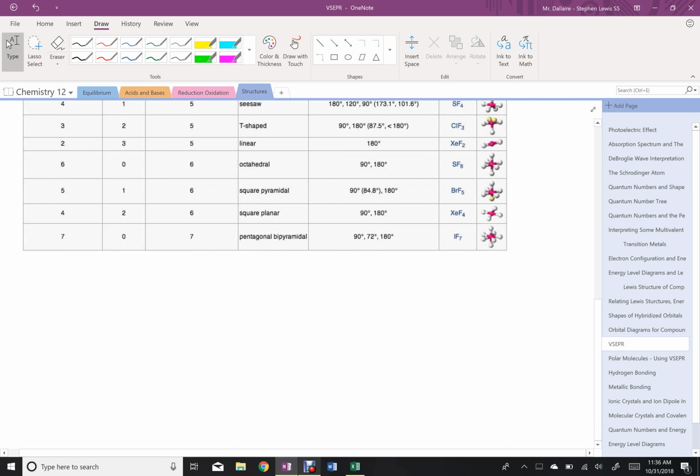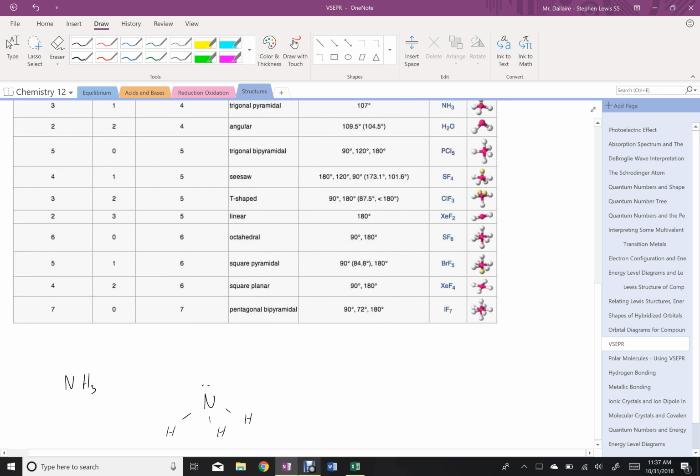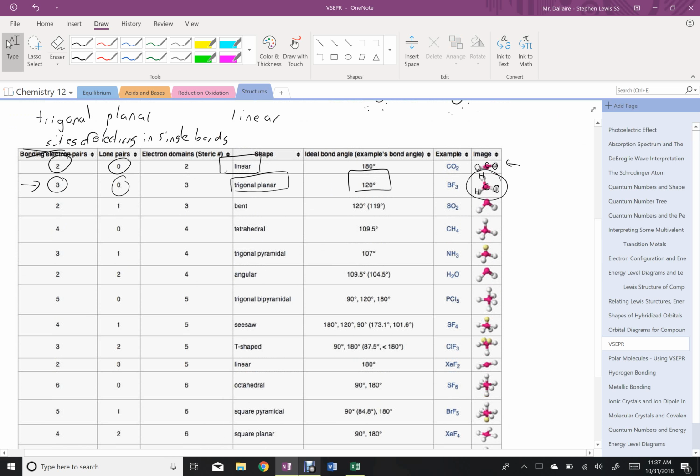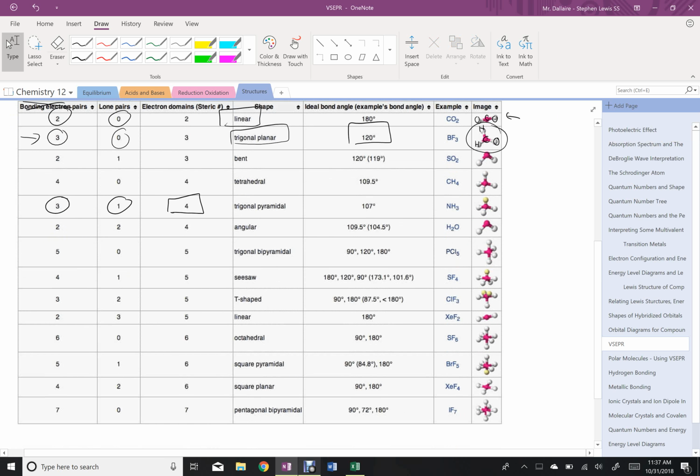So let's go ahead and let's look at ammonia. Okay. For ammonia, I would have nitrogen, lone electron pair, hydrogen, hydrogen, hydrogen. I always draw it this way, but now we can use the VSEPR chart to figure out what exactly we have here. So we have 3 bonding sites, 1, 2, 3, and 1 pair of lone electrons. So 3 bonding sites and 1 pair of lone electrons are 4 possible locations for my electrons, and this is going to be a trigonal pyramidal, which means that it kind of looks like a little pyramid here where the nitrogen,